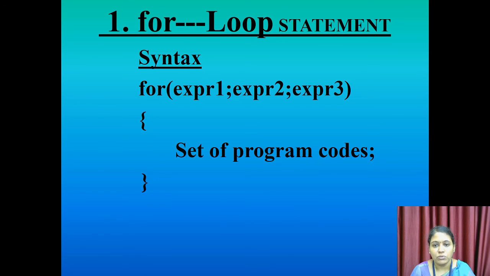This is the statement for writing the for loop in a Java program, and after the statement you have to open the curly brace. That means the for loop section will start. Then we write the set of programming code that is repeated again and again inside the for loop section, and this section ends with the close curly brace. So this is the syntax we use for this statement in Java.